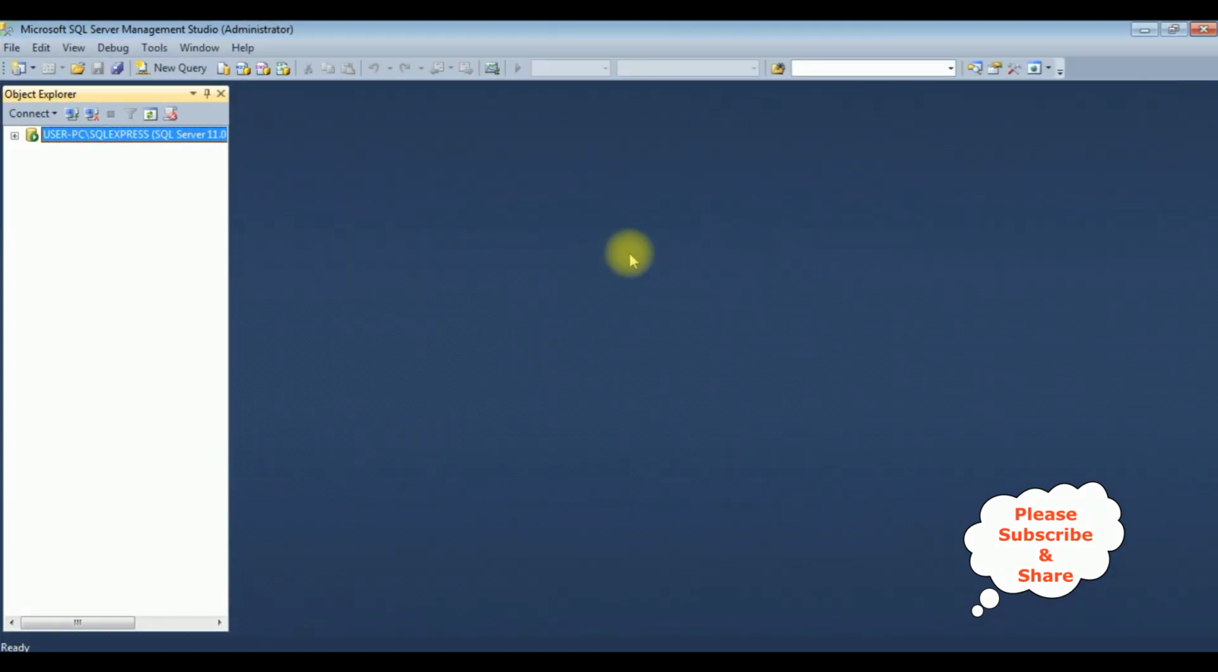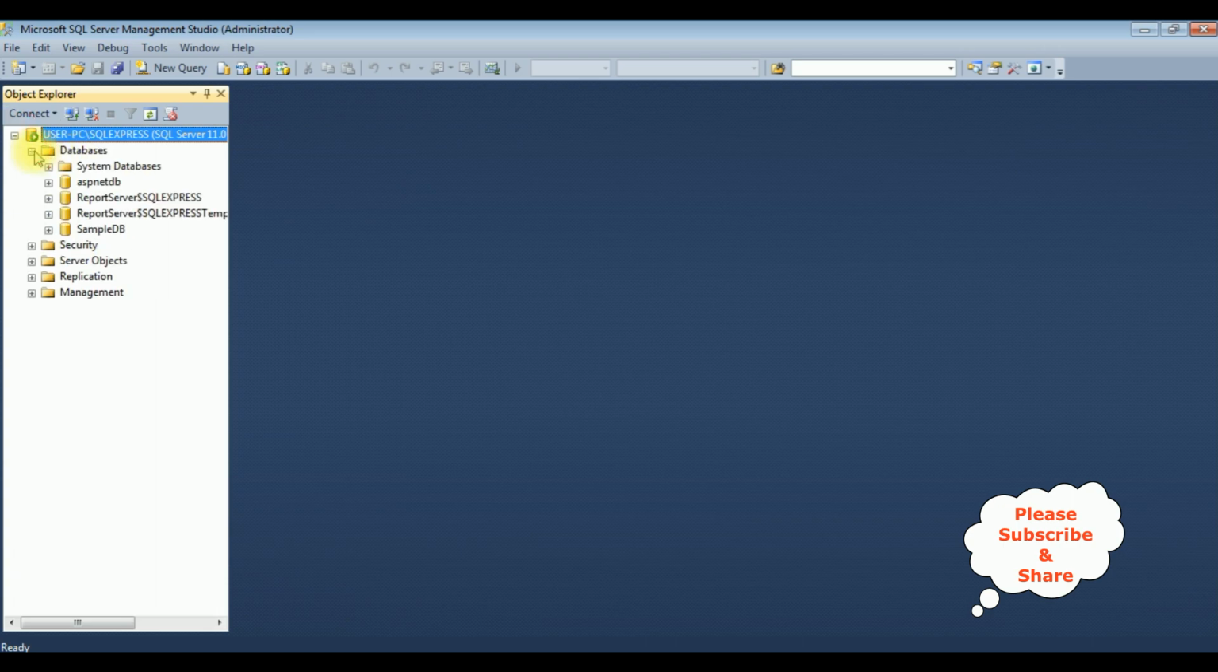I just logged into my SQL Server Management Studio. I'm expanding the root folder. The databases, I'm expanding that one. The last one, sample DB, is my user database. I want to upload that file into this sample DB database. To store the JSON data into this sample DB, we need a new table. Let's create a new table in this sample DB database. Right click that sample DB,